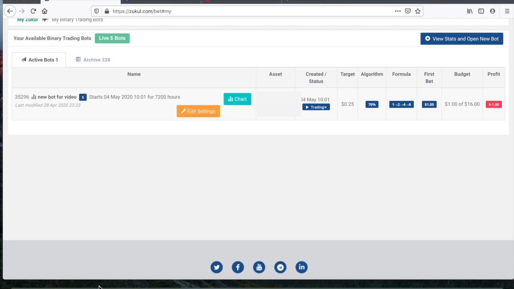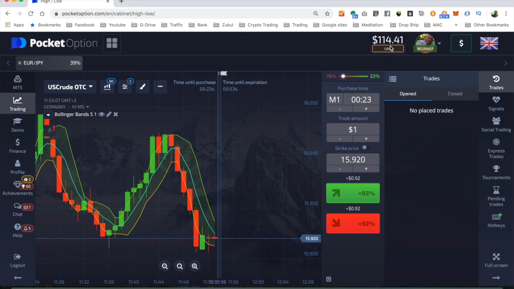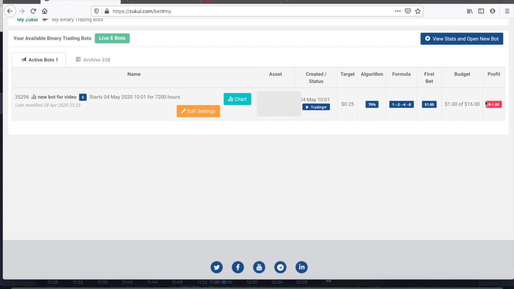But if I go over to my Pocket Option account, as you can see in here, I've got a live balance of 114.41. So I'm not worried about that one little loss because the bot's not finished. So far, if I started with the 68.33, I'm $76.08. So really, I can't lose now. Because if that bot was to finish now and lose $16, I'd still be in a profit. And so I'm not worried now what's going to happen if this bot loses $16, because as I say, right at this moment, I'm